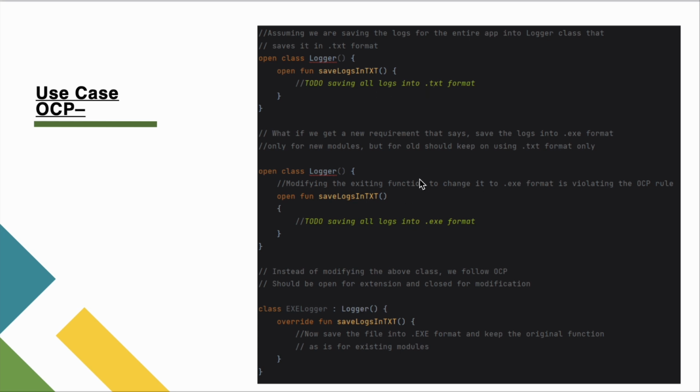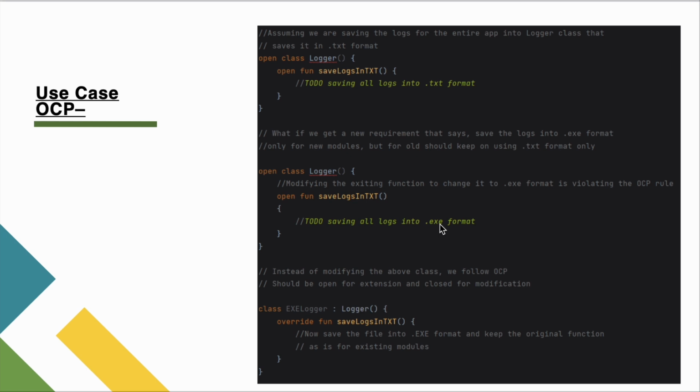Now if I don't follow this OCP, the open close principle, then what I will do is try to modify the existing function, and then save the file into exe format instead of txt format. Now what would be the result? The result would be that all the existing functions or modules that are using this particular class, which were planned to save everything into txt format, will now also be saving into exe format, which is certainly a violation of